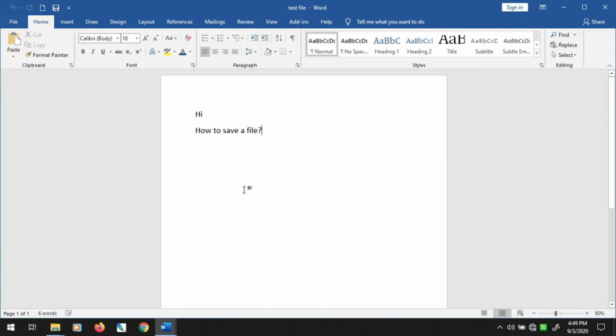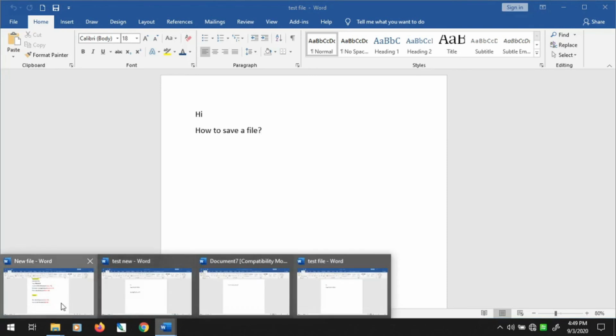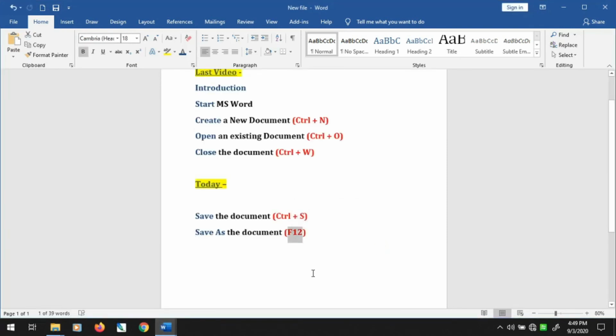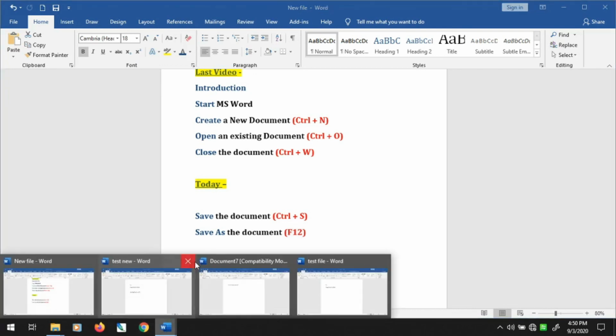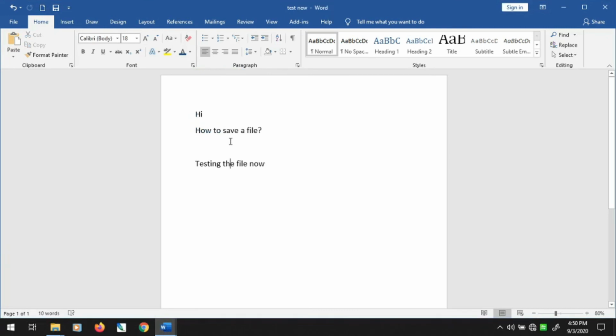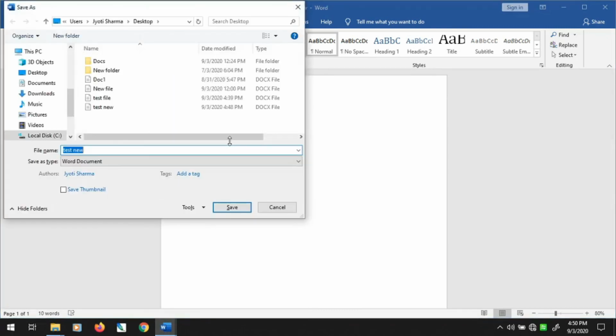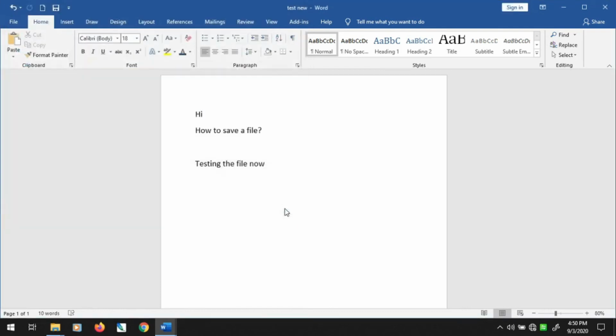But there is also a shortcut key for save as, which is F12. On your keyboard, on the first row, there are some function keys, F1, F2, F3, F4, F6. Okay, so this kind of series is there. So you can just press F12 to save your file. Let me check, we are here, and let me press F12. See, you are again on the same screen to save your file with another name. Okay, I'm just cancelling it for right now. So that's all enough for the video. Thanks for watching.